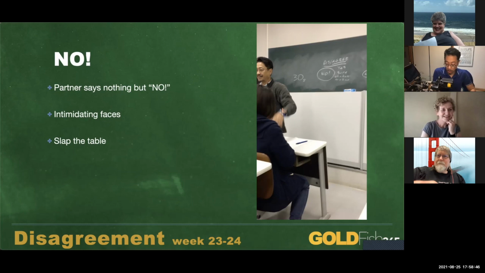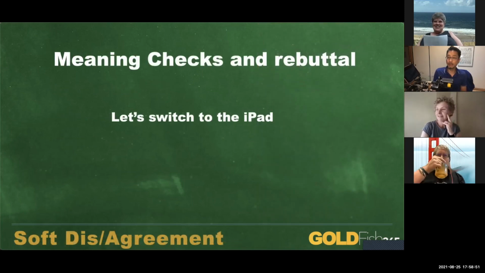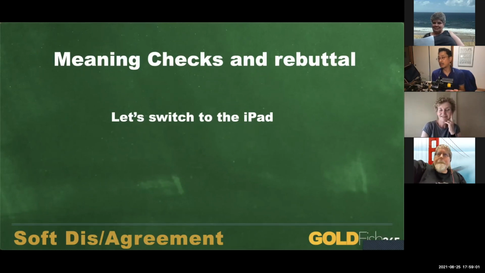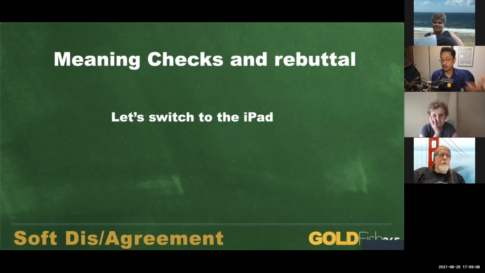We go from yes to no, which is just straight, strict agreement, disagreement. Then we go to meaning checks and rebuttal. Unfortunately, we're starting around the time. But basically, we take that whole thing where we're saying, I like udon because it's delicious. Maybe the topic is baseball, or maybe the topic is sports. I like baseball because it's strategic. I like baseball because it's traditional. Baseball is cool. Japanese baseball is the best. And you train them. Cricket. Whatever. You talk about cricket later. I'm talking about baseball.